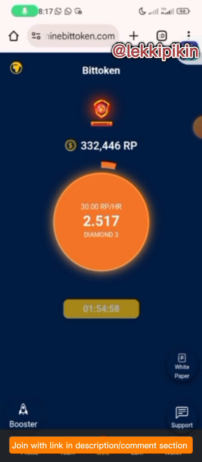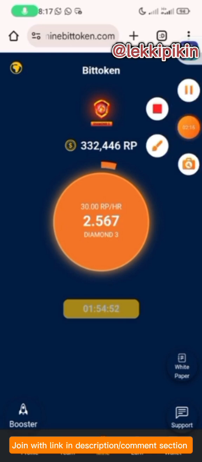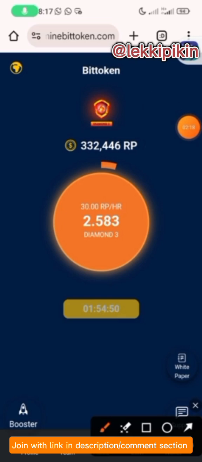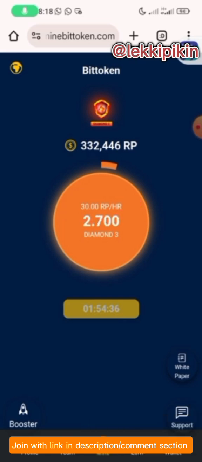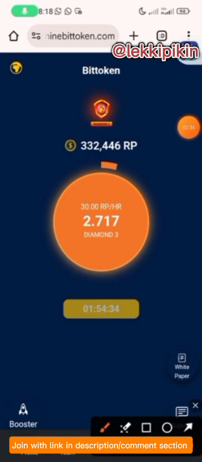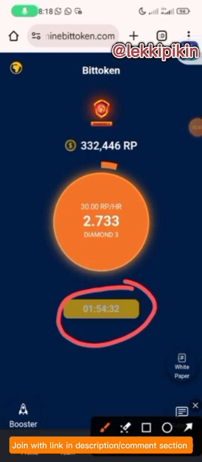Once you have your account registered, you'll be brought to this page that you're seeing right now. Let me explain something. This RP is what we are mining, and for every hour you get 30 RPs, as you can see here, 30 RP per hour. Now this miner works for 2 hours, so every 2 hours, just come and claim your